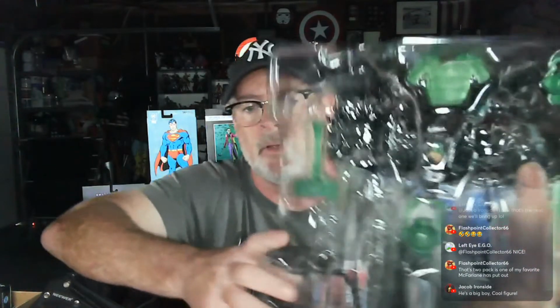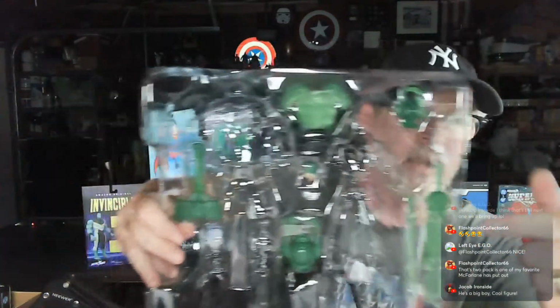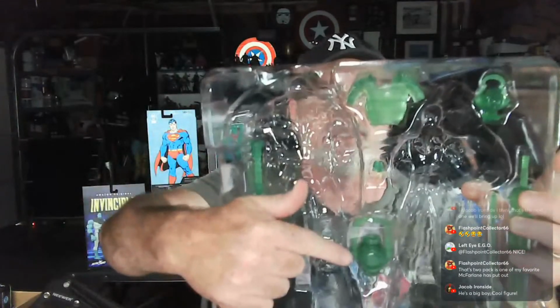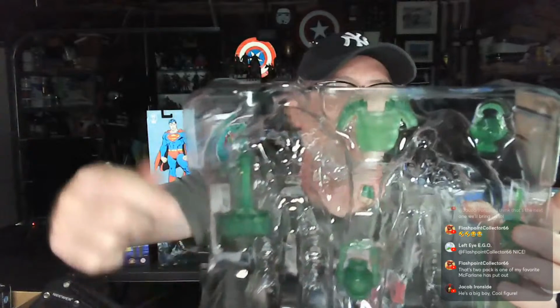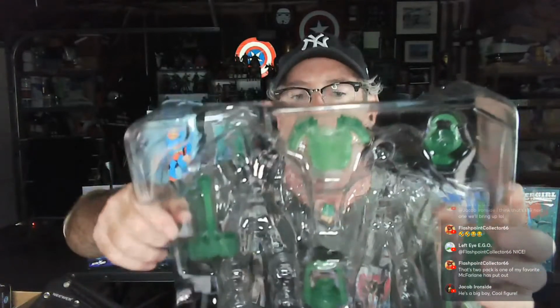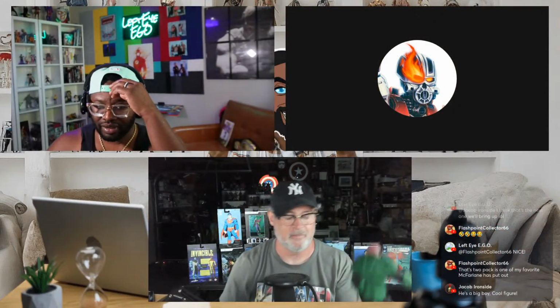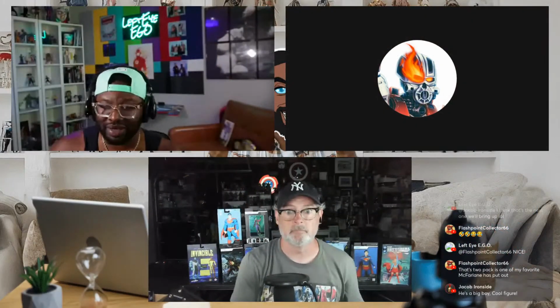It's not as bad. And I want to show you the accessories here for a sec. I'll be quick. Like I said, Kilowog's got the construct hammer here, that's his lantern, and then all of Kyle's stuff. I assume the big giant sword is for Kilowog too. And then Kyle has some construct samurai armor. That's fine. I'm not going to put that on him. I actually have that from the previous figure as well. So that's it for Kilowog and Kyle. Honestly, that's probably the best 2-pack that they've done.